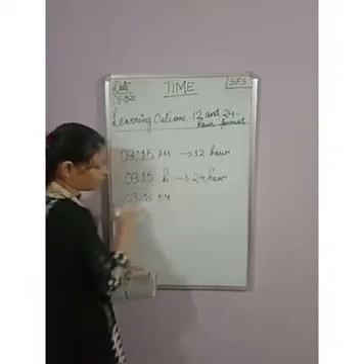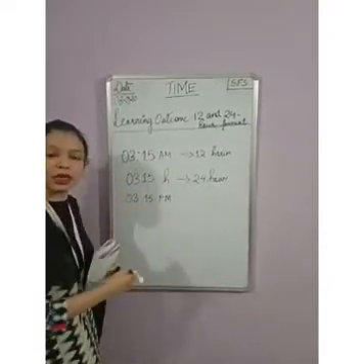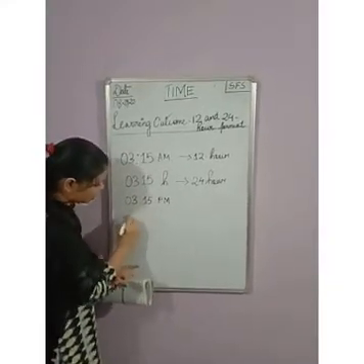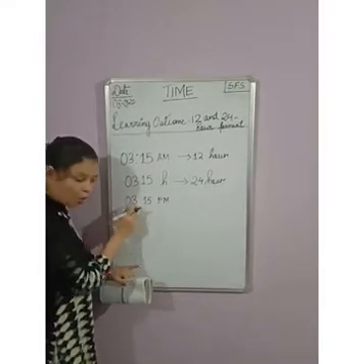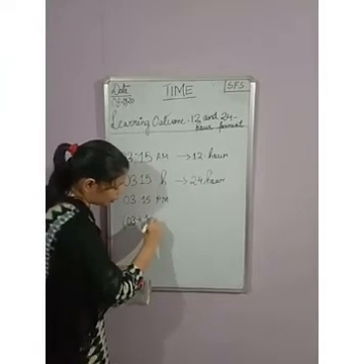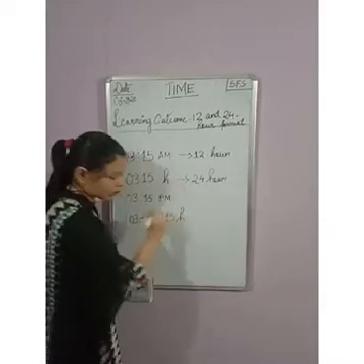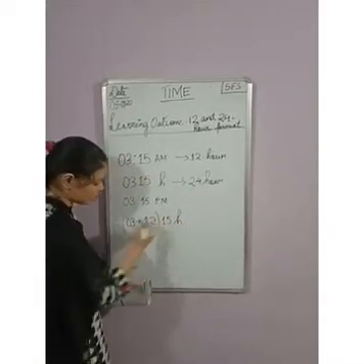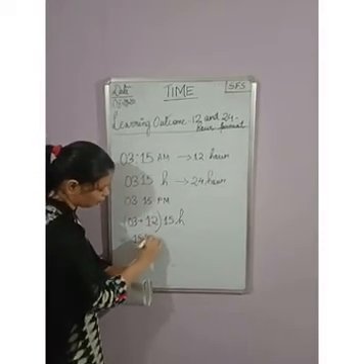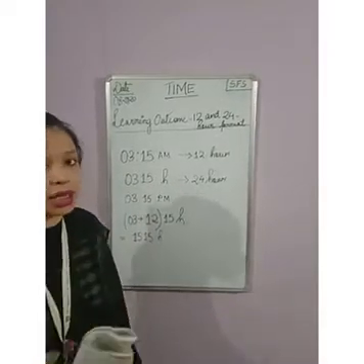Now the same time I have taken as 03:15 PM. Again I have taken the same time, but here it is PM. So I have to convert this into the 24-hour format. What will I do? I will take the first two numbers, which represent the hour. So 03 plus, I will add the number 12 here. Then 15 will remain 15 and h. So we know 3 plus 12 is 15, 15h. That means it is PM, it is 3:15 in the afternoon.